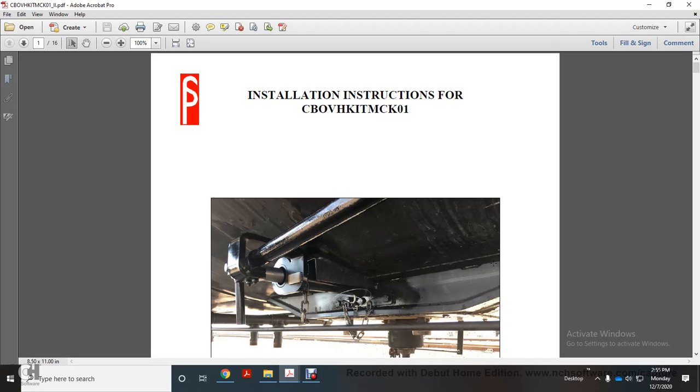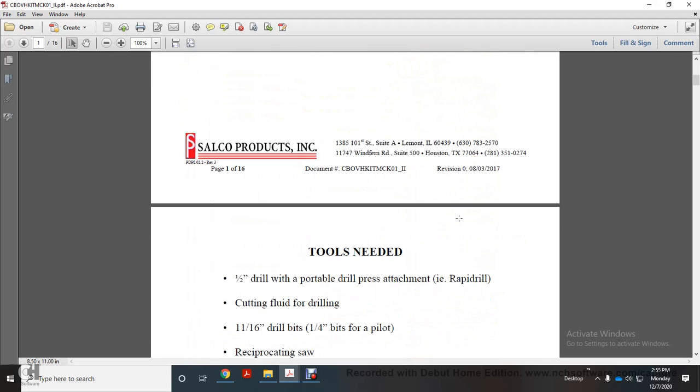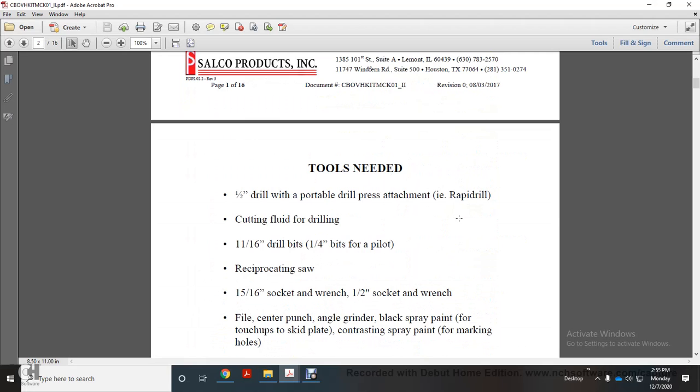Alright, installation instructions for the compact bottom outlet valve handle kit, MCK01, Salco products. You will need a half-inch drill, portable drill press attachment, cutting fluid for the drill, an 11/16 drill bit,